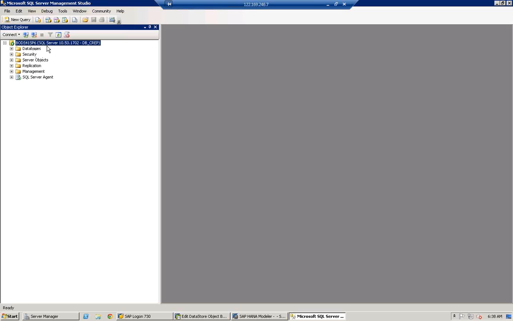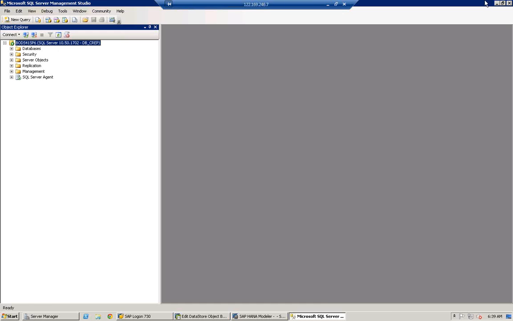Once I connect to this database server using this client tool, I can perform database administration-related activities, as SQL Server DBAs will use this tool, and the database developers can also use this tool for development-related activities like creating the stored procedures and creating the tables. In the same way that we have SQL Server Management Studio,